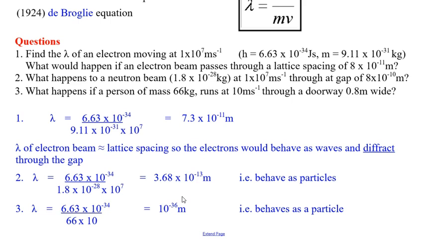So this is so small as to be totally negligible in our day-to-day life. We cannot see this in any way or really measure it, but we can calculate the wavelength. And then we can compare that to the doorway gap of 0.8 meters. So similar to the previous one, there is a wavelength, but it's so tiny that it's not going to have an effect here. So fortunately, people in this case are going to behave as a particle rather than a wave,